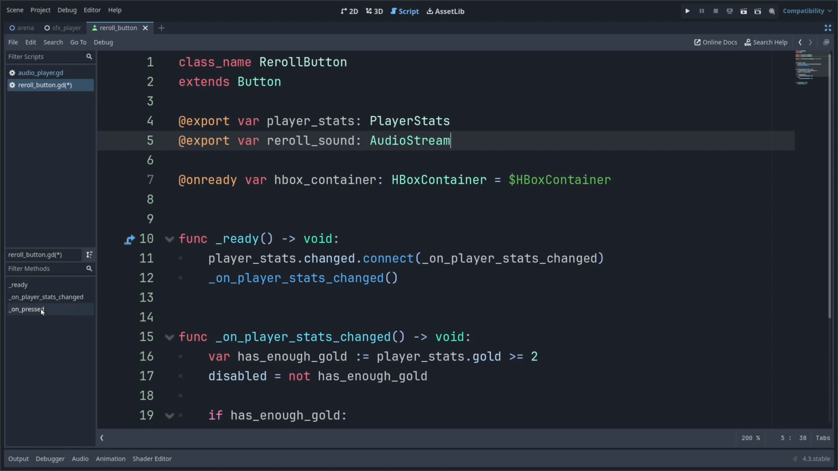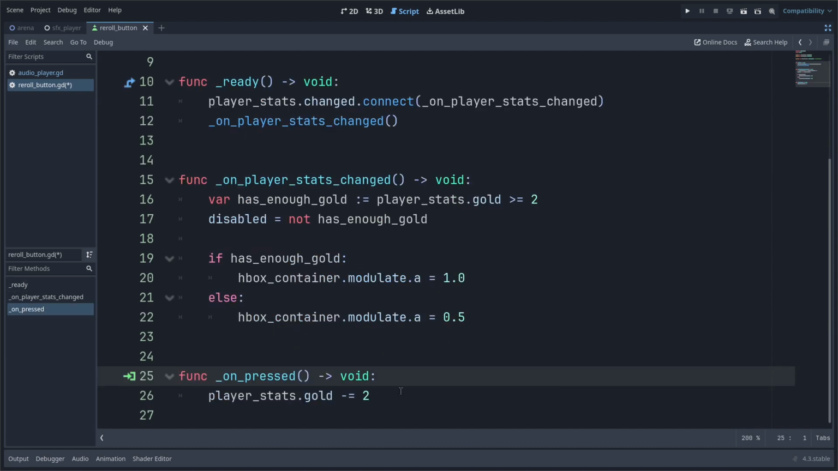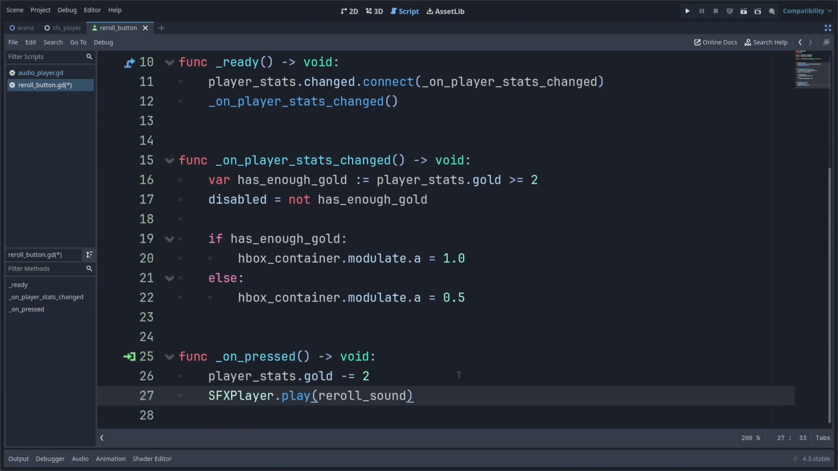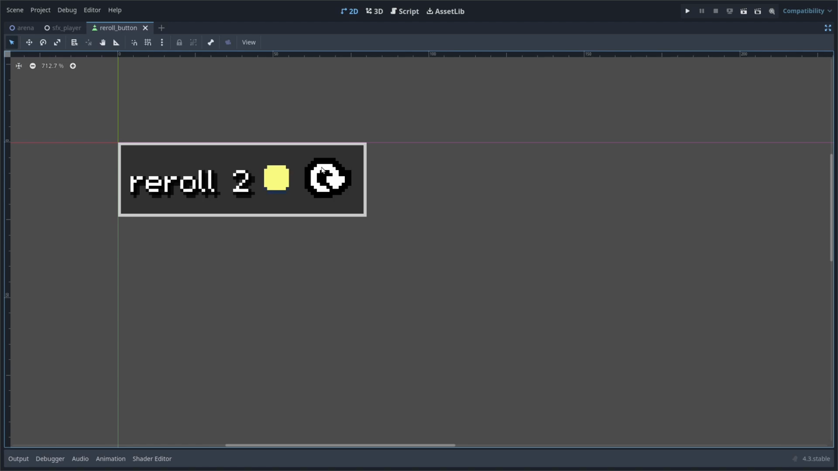So click on the onPressed callback method. And after we subtract 2 gold from the player, we can just call sfx_player.play(reroll_sound). Again, we can reference this because it was added as an autoload singleton to the project. Awesome, so let's save this script with Ctrl S,